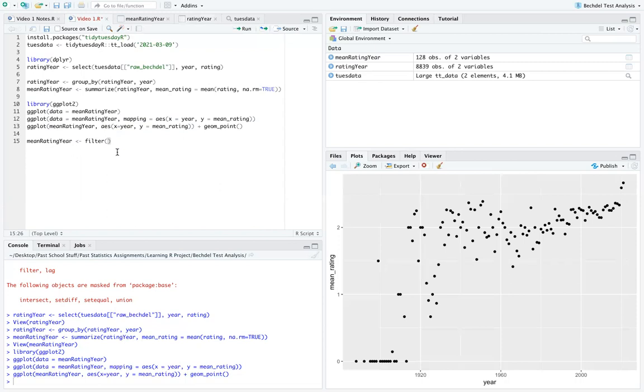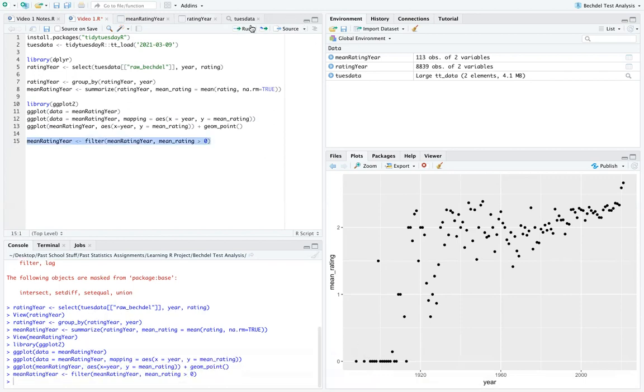So in this case, we're going to use this existing data set, and we're going to filter in a way where we're only going to keep points that have a mean rating greater than 0. And this will easily let us just get rid of these. I'm calling them outliers because I don't think they're representative of the whole year. I'm just going to get rid of these. Okay, so it hasn't shown up on our graph, obviously, because we need to